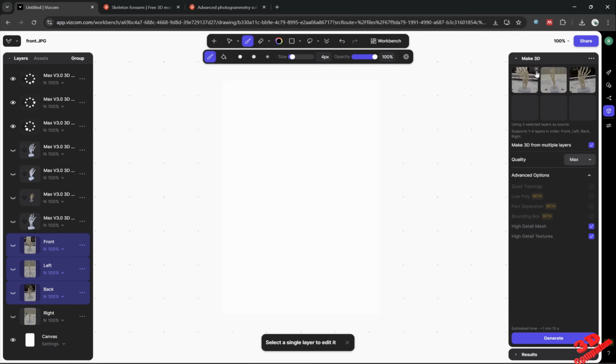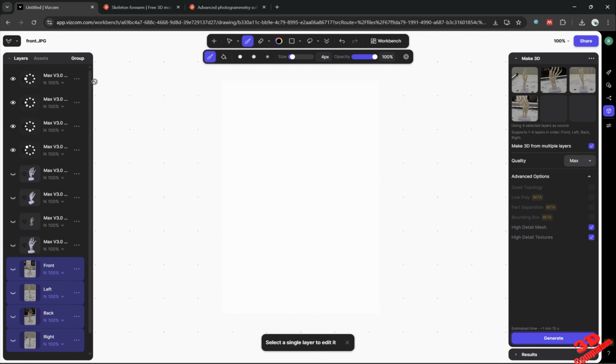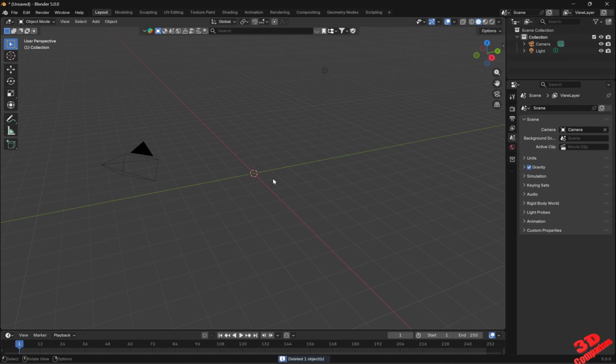And I'm going to delete those. And starting with the front one, I'm going to select again multi-layer. So I will just add them as we see over here. So front, left, back, and right, and I'm going to hit generate again. Now, while those will be processing, I will go ahead and I will